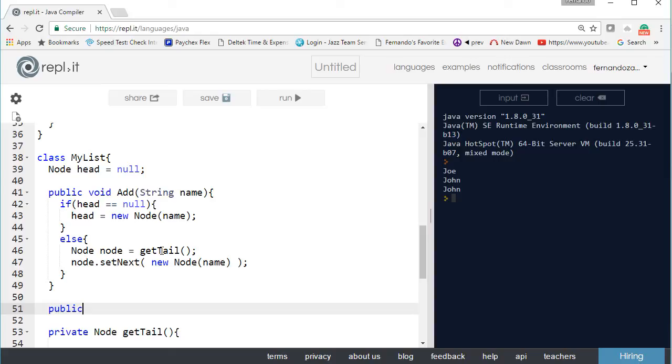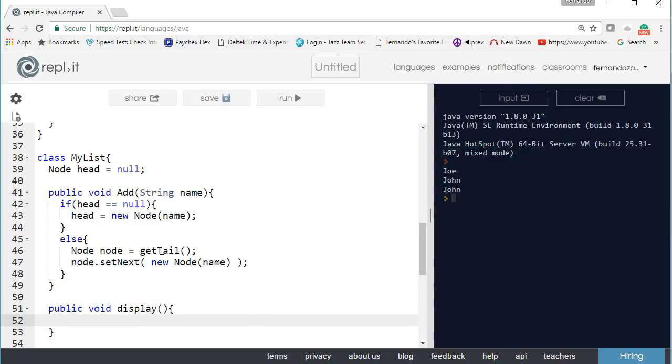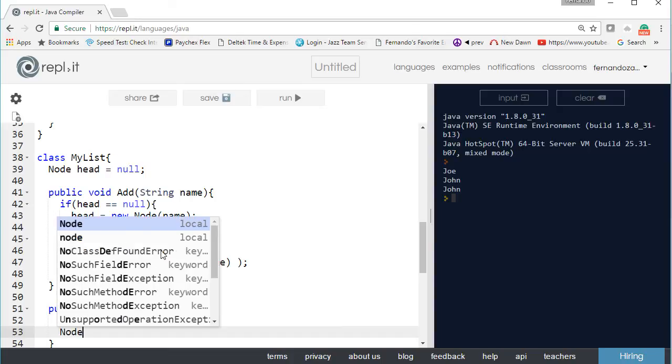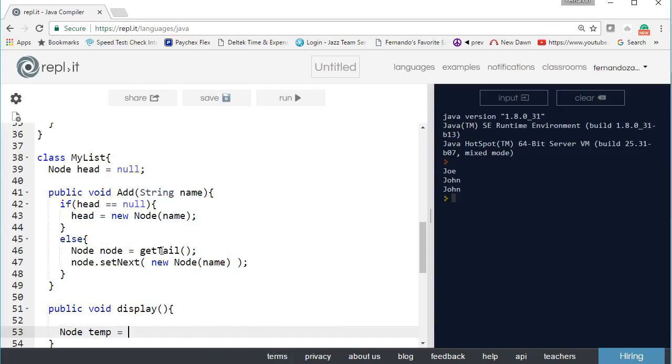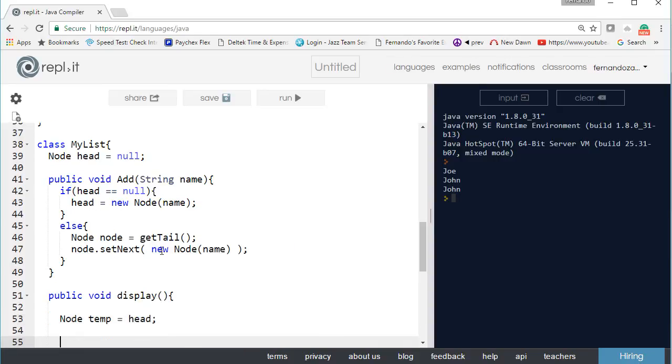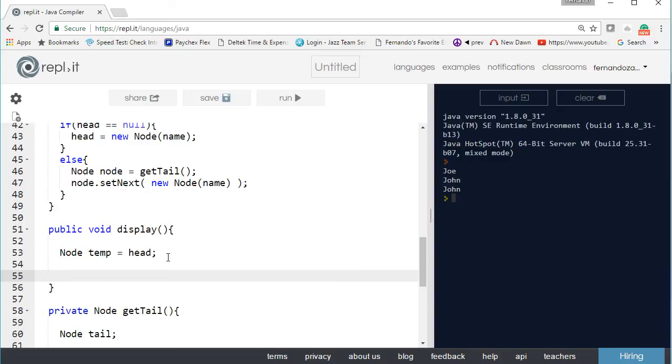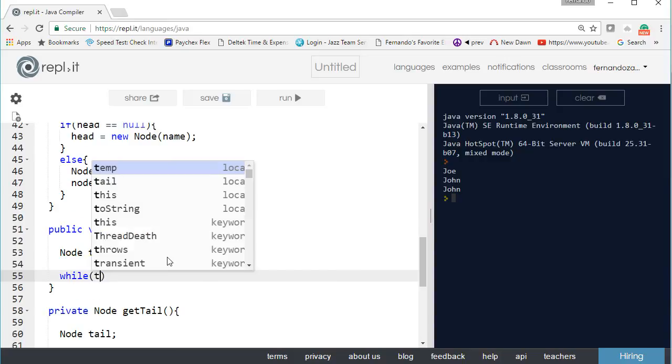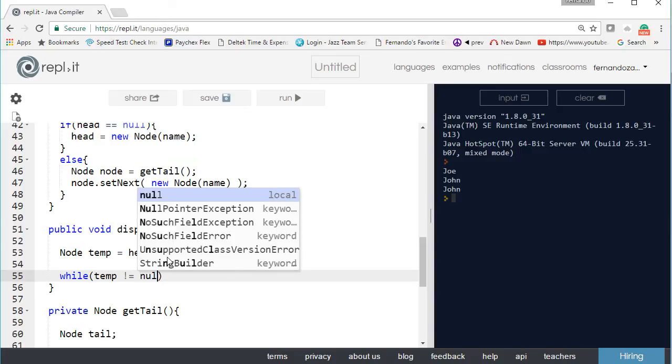Let's say we want to display the items in the list, so we can say void display, and simply we can do something like this: Node temp equals head,